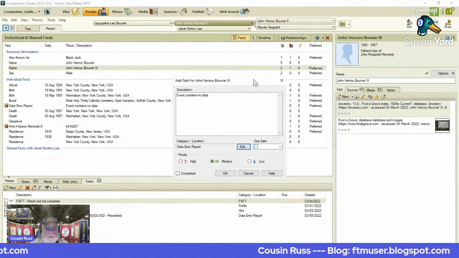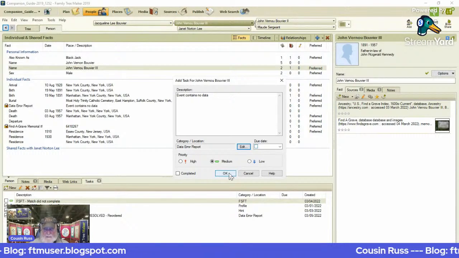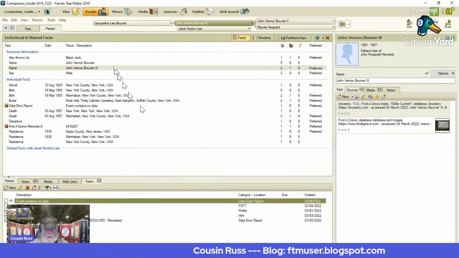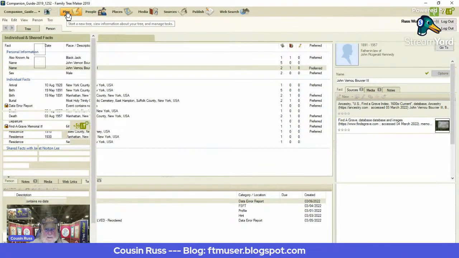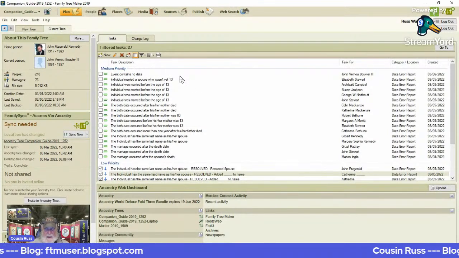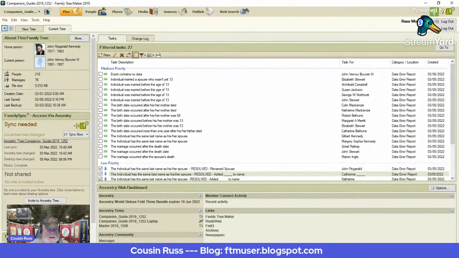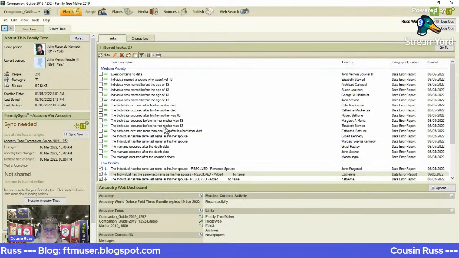I'm going through this fast, and I understand that, but I'm doing it because earlier today I gave the details and did it much slower. So now if I go to the plan workspace, there is that entry that I just made. And what I need to do now is to go get that other entry